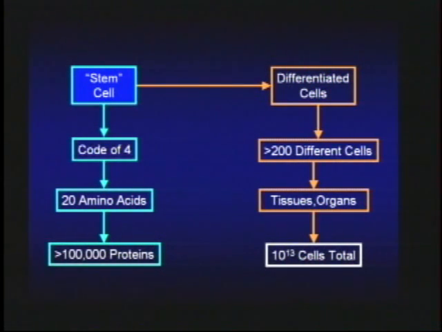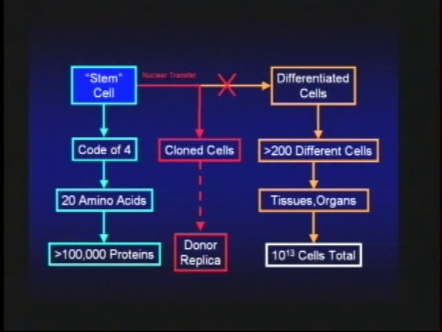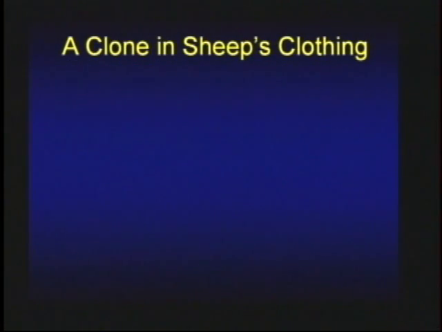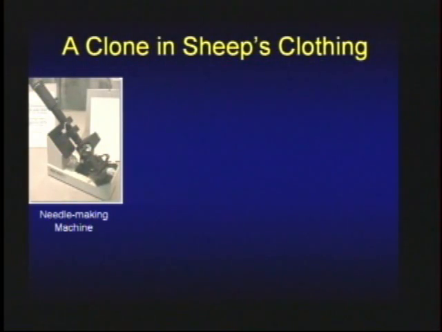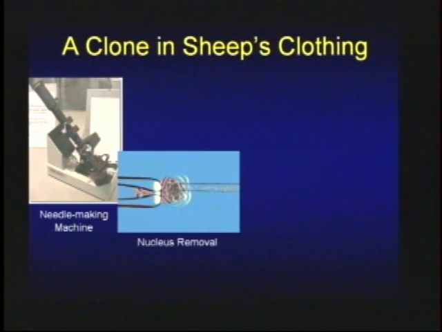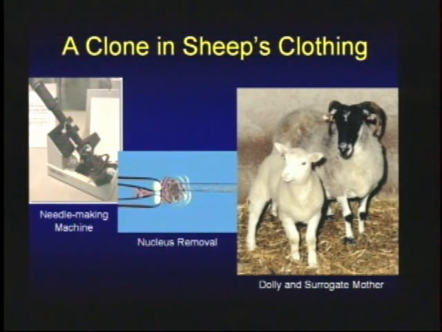Now, one of the crafts here is to take a nucleus from some other entity and take this nucleus out of the stem cell, and put that nucleus in. It's called a nuclear transfer. That's what we call cloning. And you end up then with a replica of the donor. And that's what cloning is all about, properly called nuclear transfer. And we all know about a clone in sheep's clothing, the famous Dolly sheep in Scotland. A needle-making machine is the key to the whole thing, where they were able to remove the nucleus and insert a nucleus of a